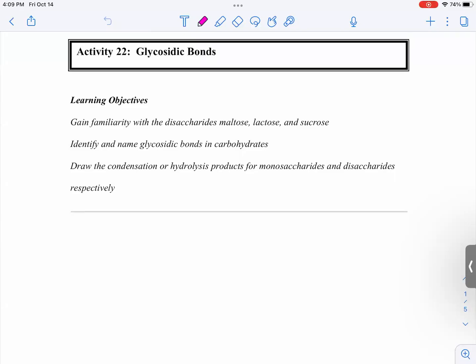Hey everybody. So I just wanted to show everybody how to work the chapter 6 activities. So let's begin